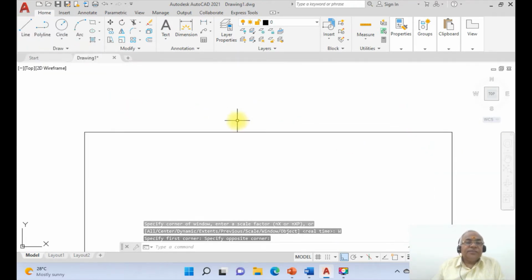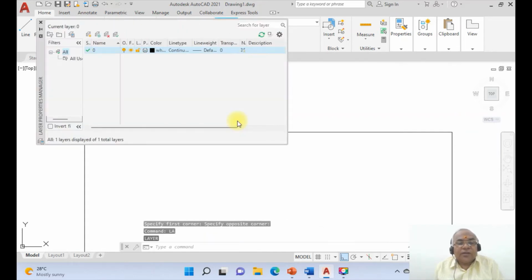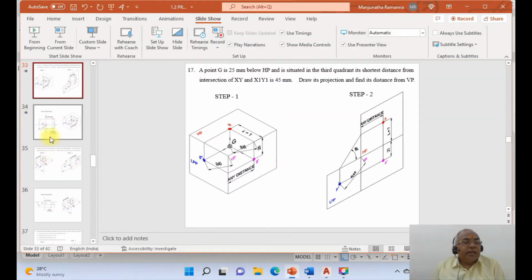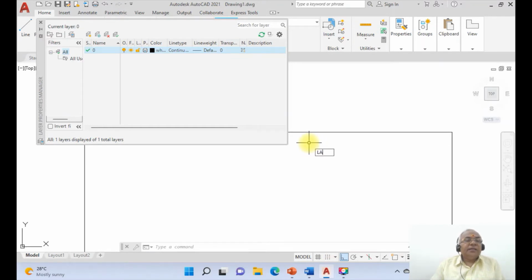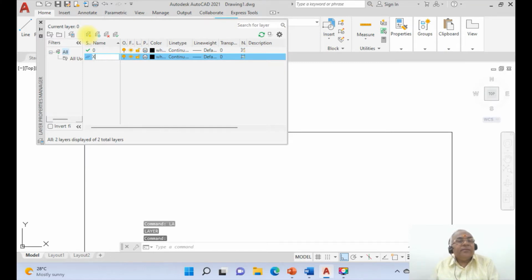Now we'll go for the layer command. Once you go for the layer, first we are going to take HP, VP, and here in this case it should be LPP, but here I have written RPP, but it is actually LPP. So here we take top view as red, front view as magenta, and side view as blue. To do that, I will go for the layer command and click on new, type the layer name XY. Both XY and X1Y1 will have the same